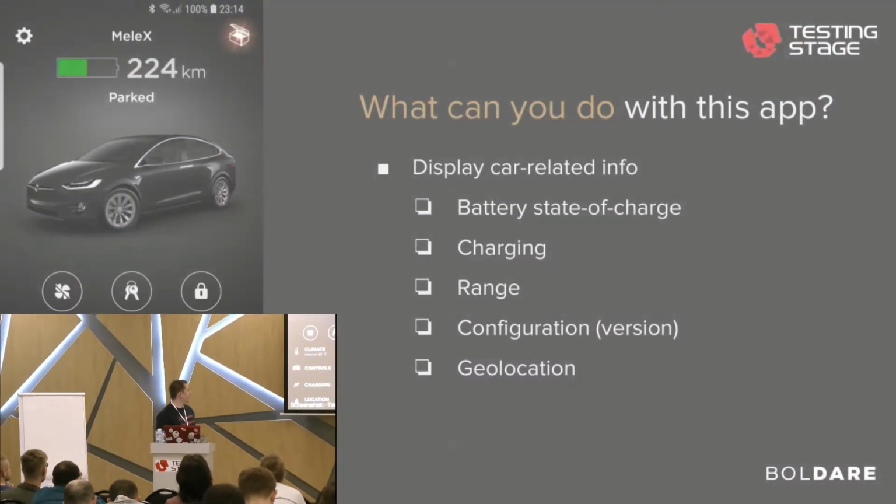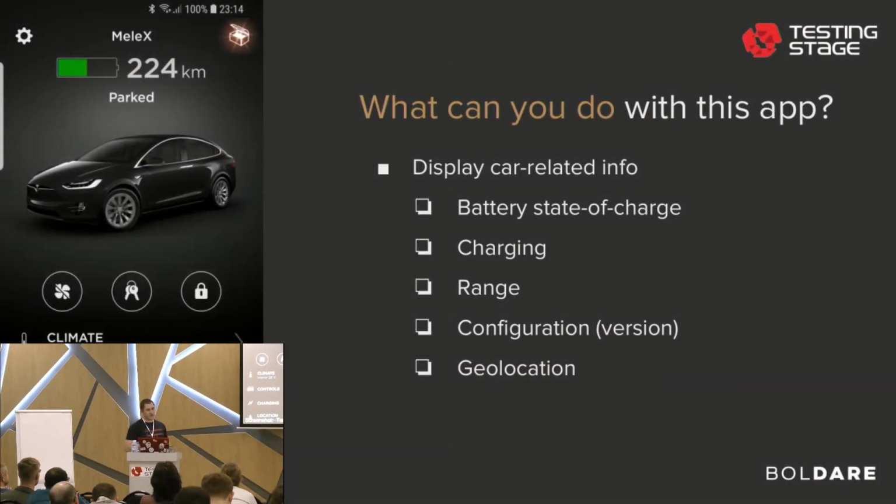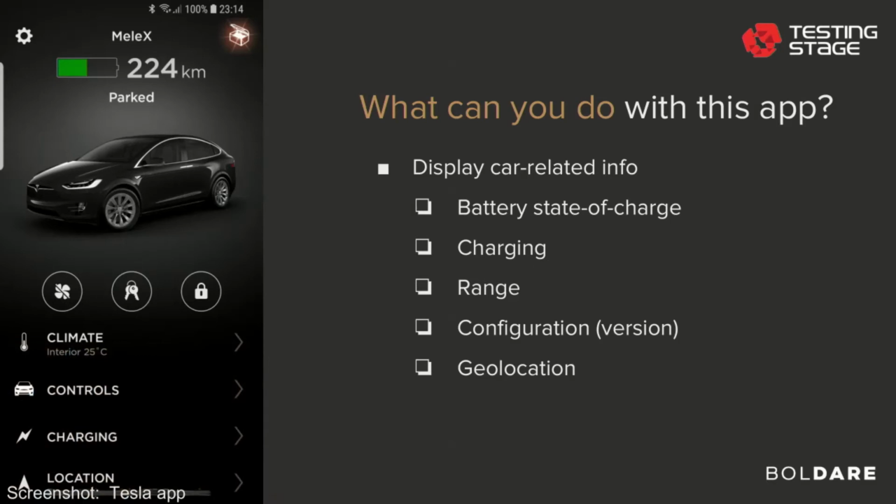So what can you do with this mobile application? You can display car-related information such as battery state of charge, charging details, and how long it will take to charge the car's battery. What is the expected range of this car? So you can check the kilometers you would be able to drive with it.